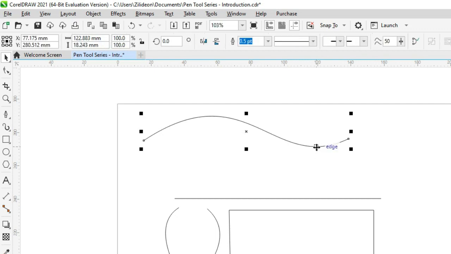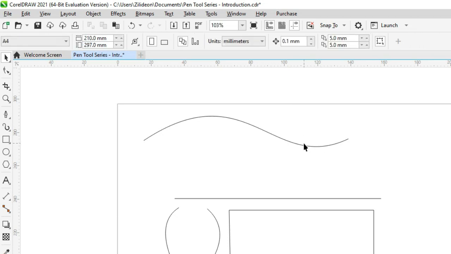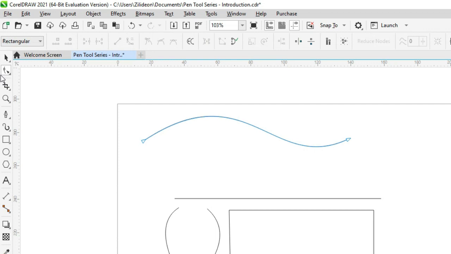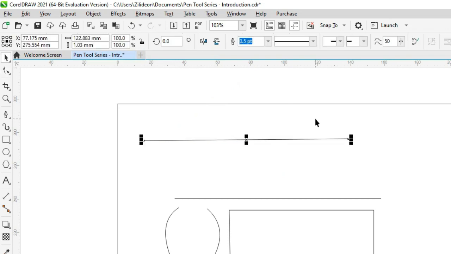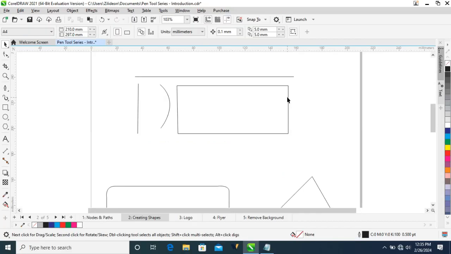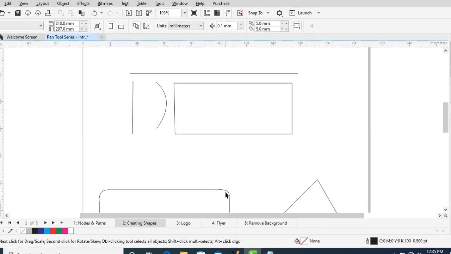Okay, beautiful curve. And if I want this back to my line, I could double click to enter the shape tool, or to select the shape tool. Click here and I just go to straight line, click, and there we are back. We have our straight line. As well, I could also make this have a